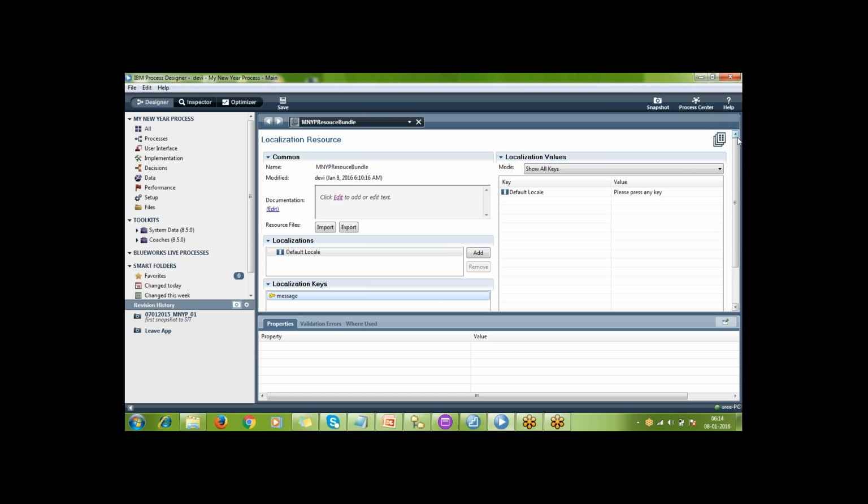So what can you say about this localization resource? A localization resource or resource bundle is where we are replacing the variables with text which are constants that will not change in the future at all. Something you have hard coded, like please press any key or please open the below URL. Such things won't change in future. So such types of variables you have to put in the localization resource.